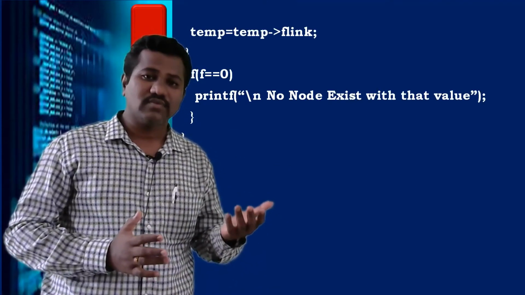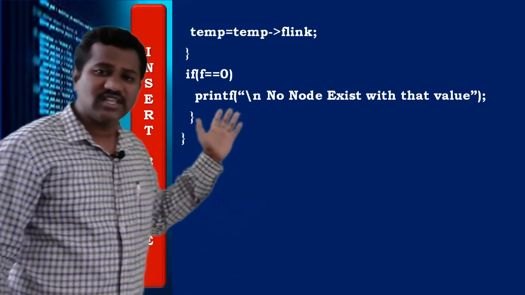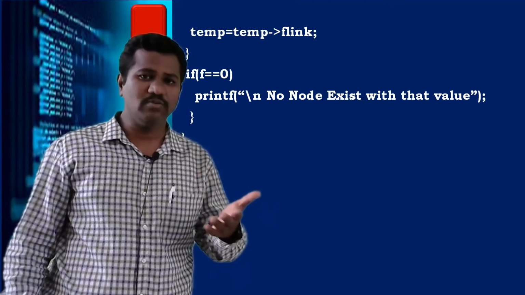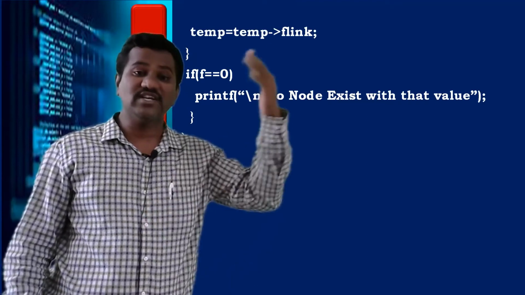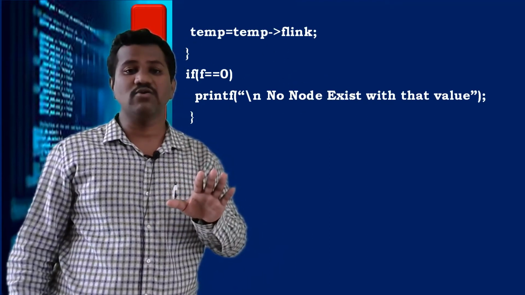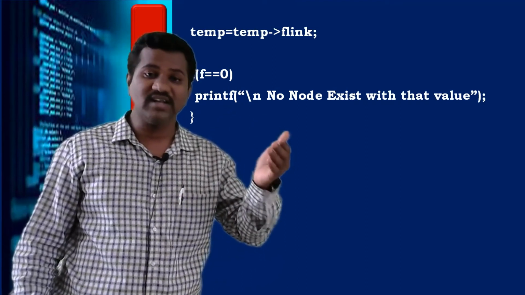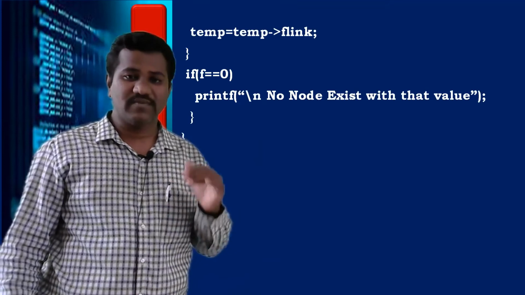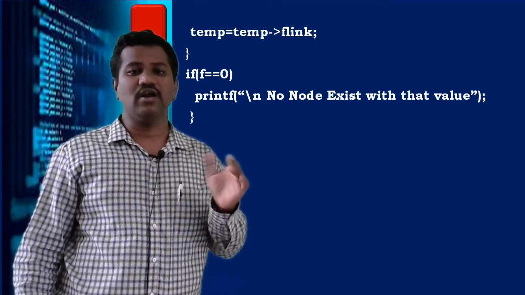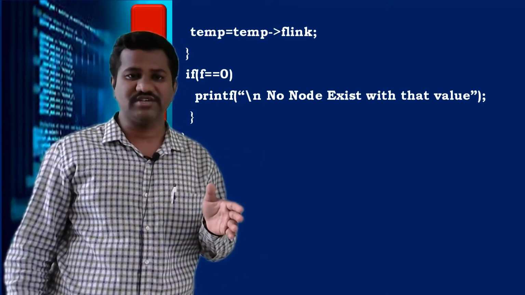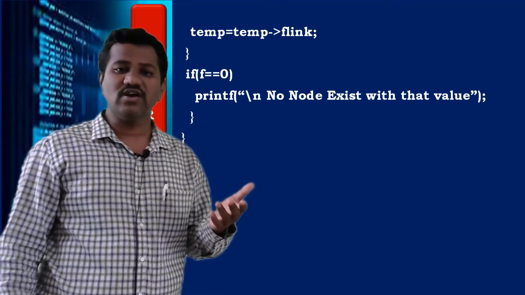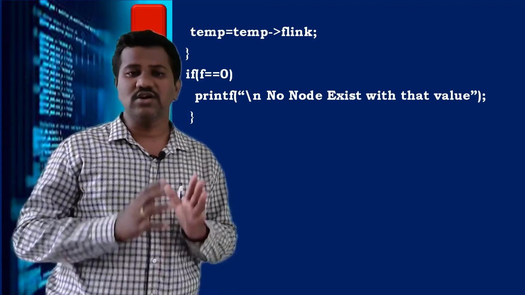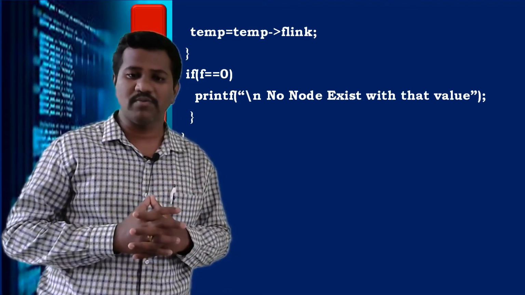Right? So after coming out of the while loop, we are checking the value of f. If the value of f is zero, it means that no such node exists. If it does not enter the if part, the value of f is not going to be changed. If it entered the if part, the value of f is changed to 1. So if data is found, f is changed; data not found means f is not changed. Based on this value of f, we decide whether the node exists in the list. This is how we perform the insertion operation.